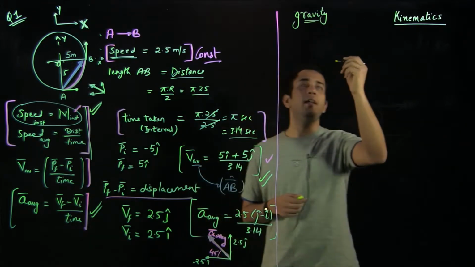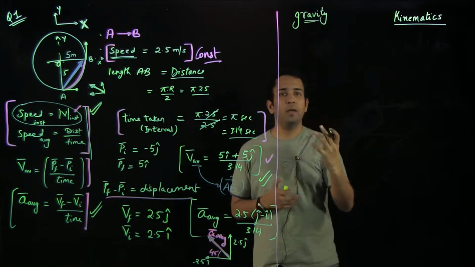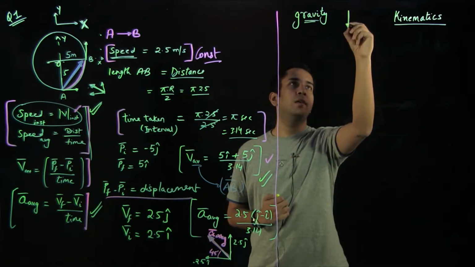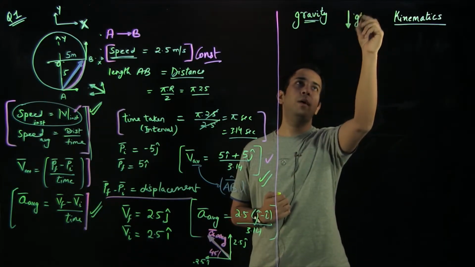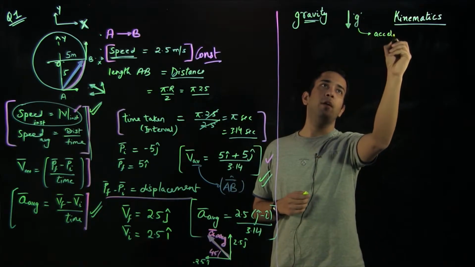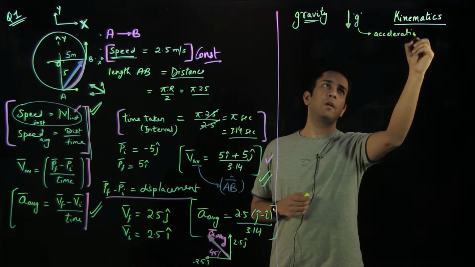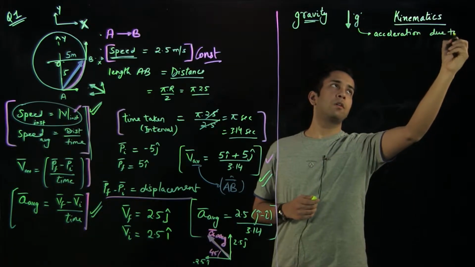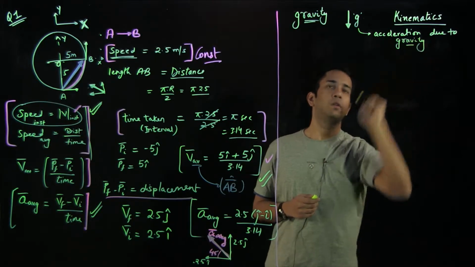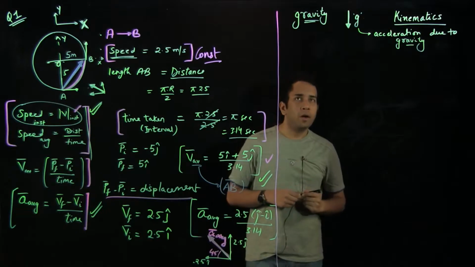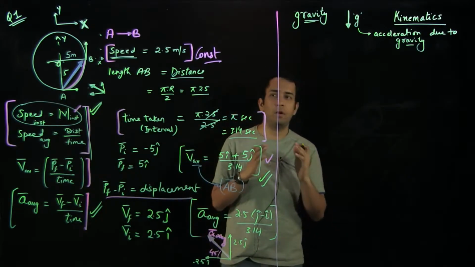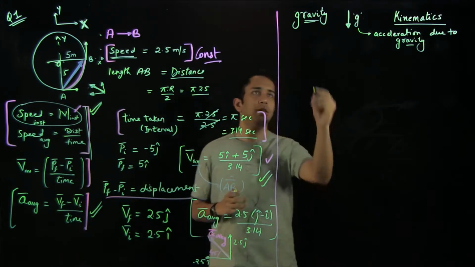We know that gravity, because it's pulling us towards the earth, is always acting in the downward direction, and it is denoted by small g, and small g is the acceleration due to gravity. One important thing is the Cartesian system which we follow for the positive and negative sign convention, which is this.